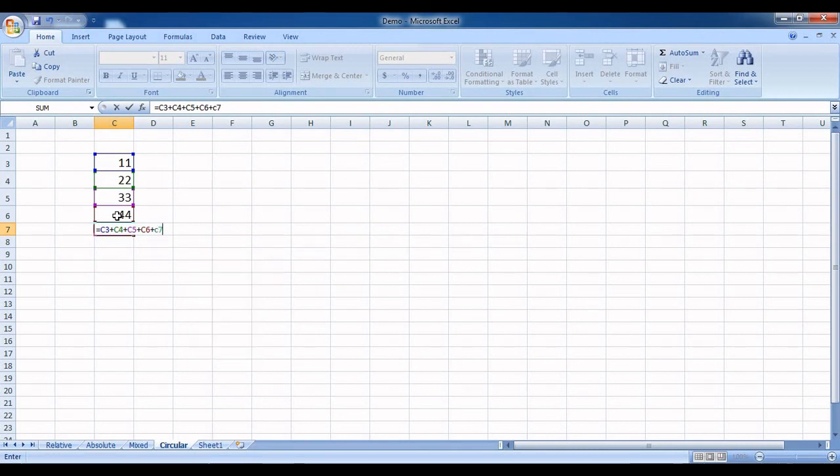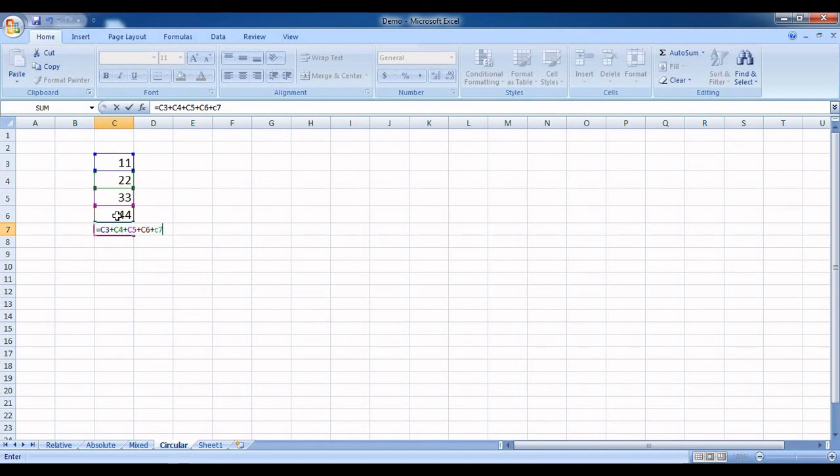Now please understand, C7 is the cell where I want to display the result, and I am also telling MS Excel to include that in the addition. I am considering the same cell where I wish to display the result in a formula.